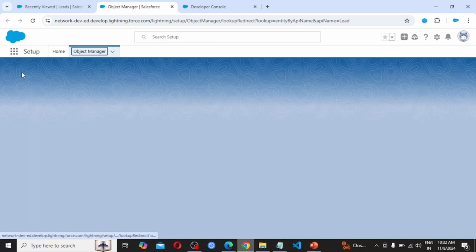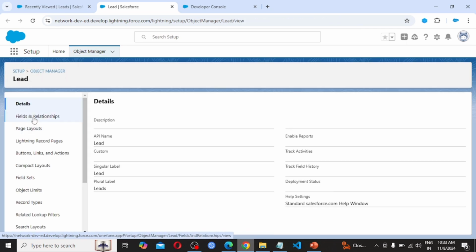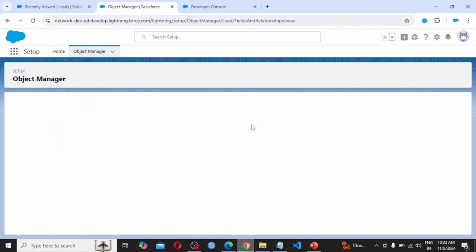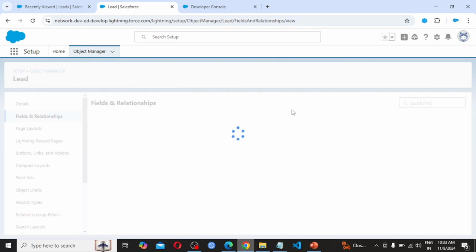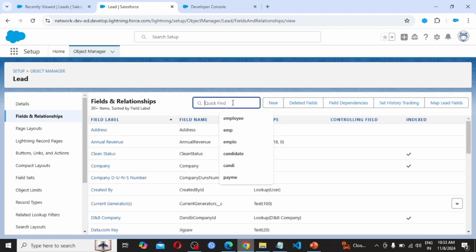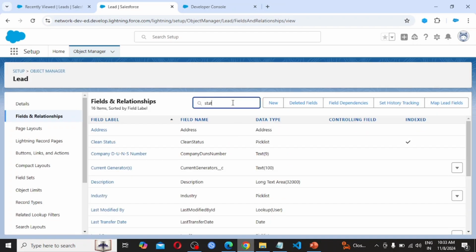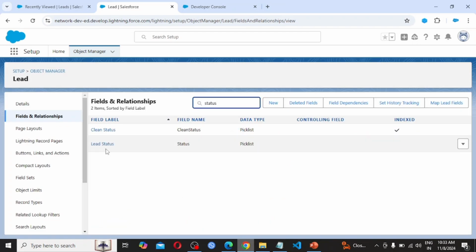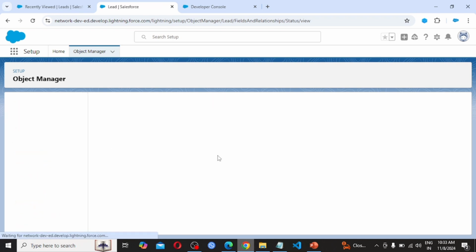So here we are in the details of lead. In the Fields and Relationships, Status would be there. This is a picklist type, so click on Lead Status.